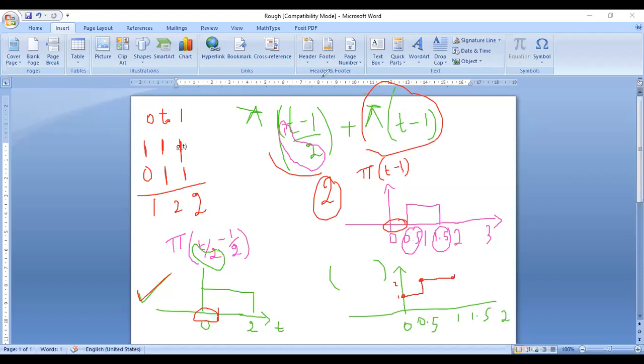So which interval can we take next? We have taken earlier 0 to 1. So now can we take 1 to 2? So I'm taking the interval 1 to 2. Can you tell me, from the first diagram, at 1, what is the amplitude? Amplitude is... Are you people following it or not?